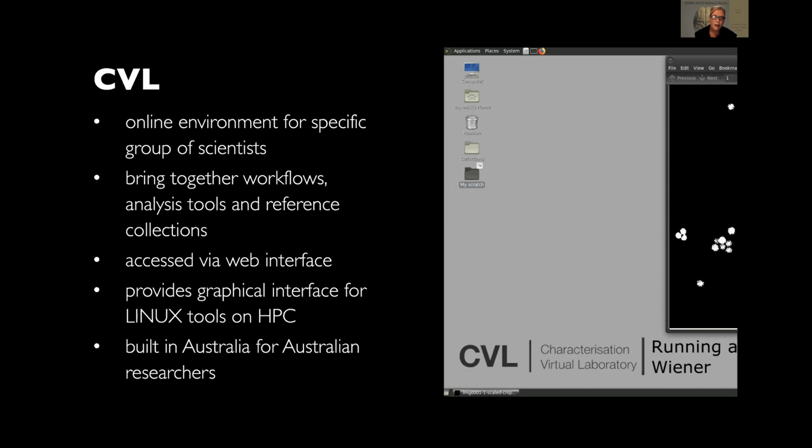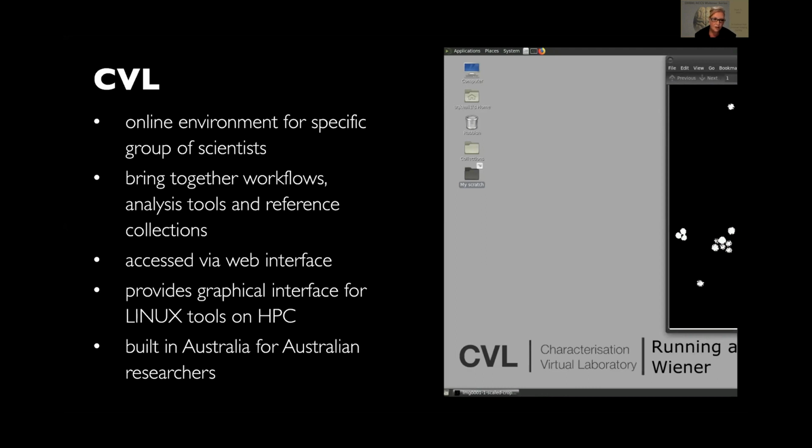Like any virtual laboratory, and there are other ones you may have heard of, genetics ones, this one is specifically for imaging sciences, and it brings together workflows and tools within the one package and location that you can access. It's free and will help you to complete your analysis.